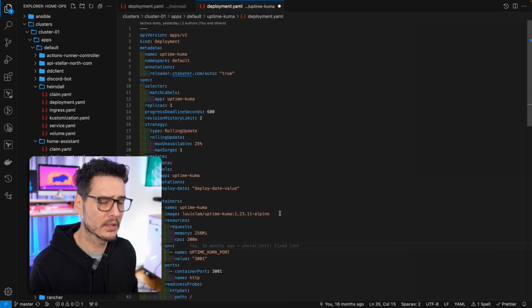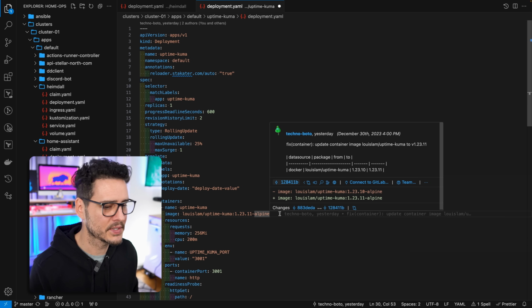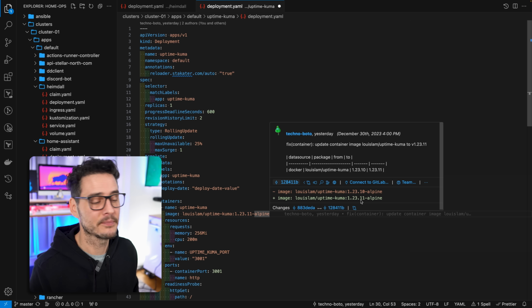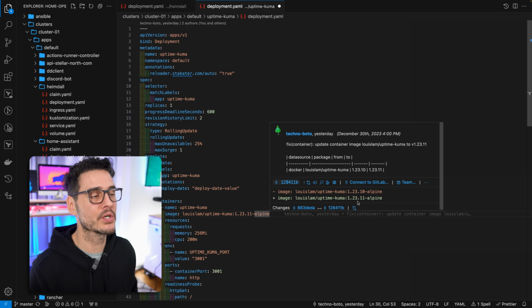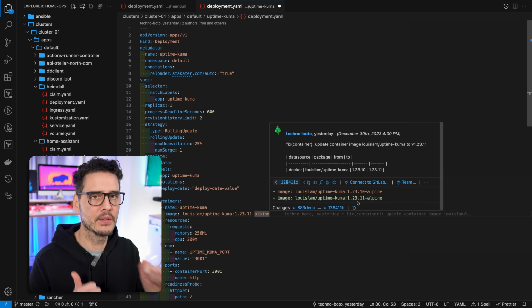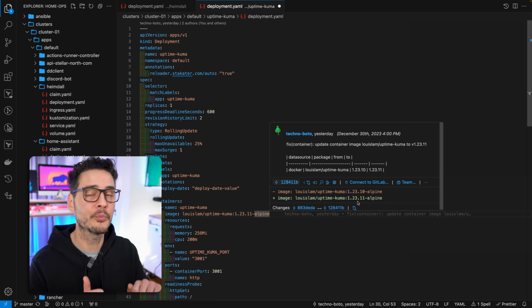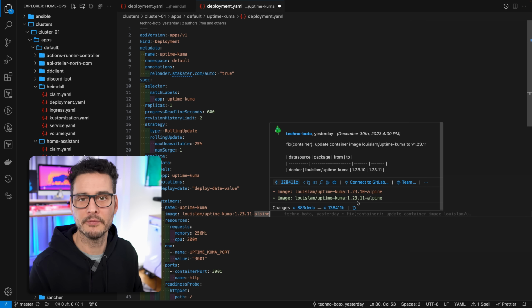So we can see that here if we look at the Uptime Kuma image. You can see right now I'm using 1.23.11 Alpine, but you can see there was a pull request yesterday to update this to .11. Previously it was .10, and I got a pull request from a bot that I created that runs Renovate Bot. It wanted to merge in .11. I accepted that merge, and then that got deployed. So these two work really well together to help keep your cluster up to date and then keep it functioning. And if you're curious about GitOps with Flux or Renovate Bot, I have videos on both of those.